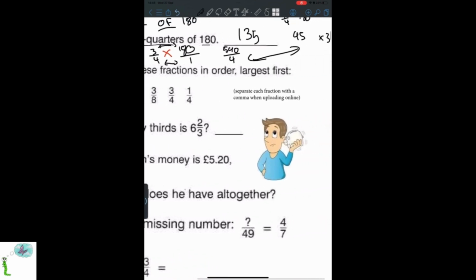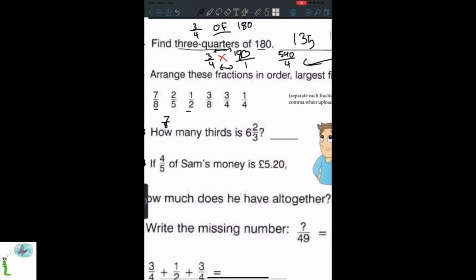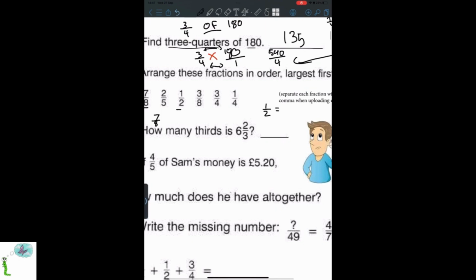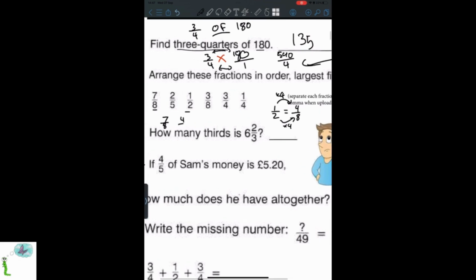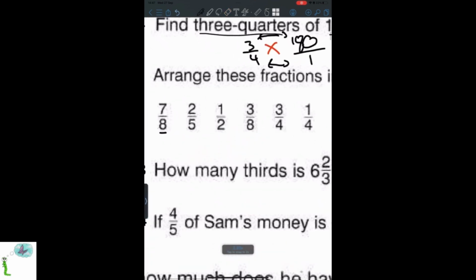this is what we call equivalent fractions. And if I could just show you, to make half equal to 7/8, you have to see what do you do to get from 2 to 8, times by 4, and then you always do the exact same on the top. So it's going to be 4/8. And now I can ask you which one's bigger, 4/8 or 7/8. It's obviously 7/8 because it's a bigger number. If you didn't get that, I don't know. Anyway,